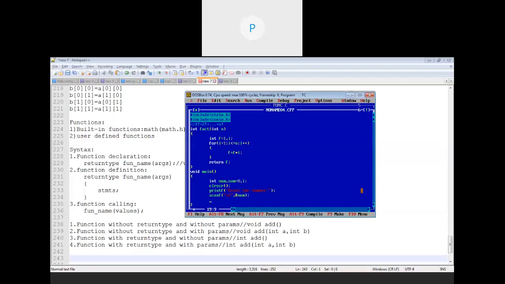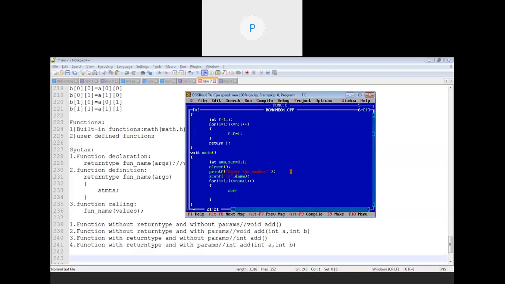Once that number is taken, I have to implement this code, and for that I'll require the for loop, which starts with 1 and executes up to number. So for i starts with 1, i less than or equal to number, i plus plus. Now I have to find the factorial of every number i, and store that output within the sum variable.